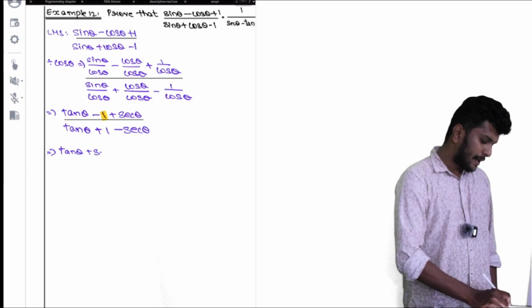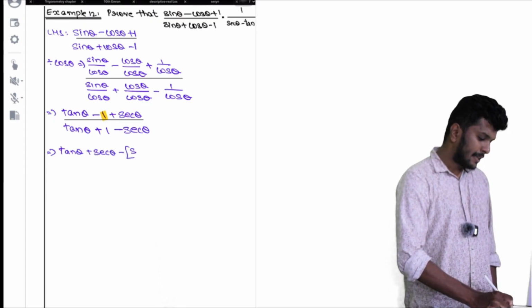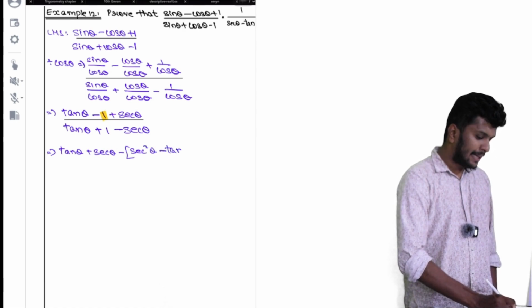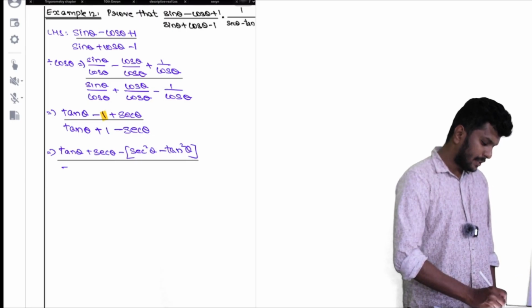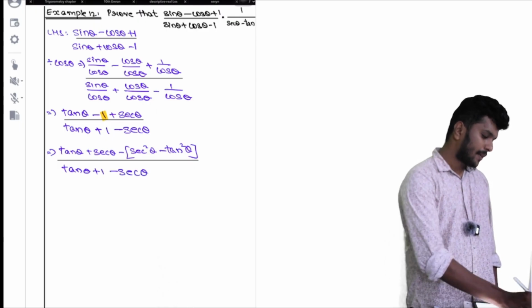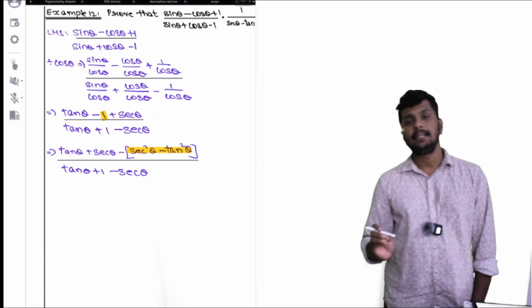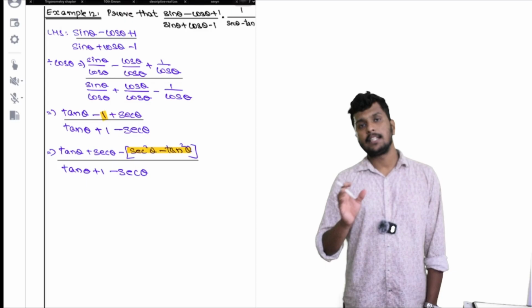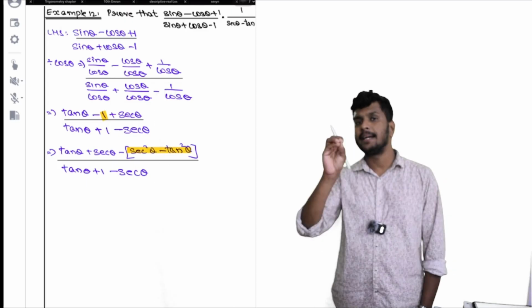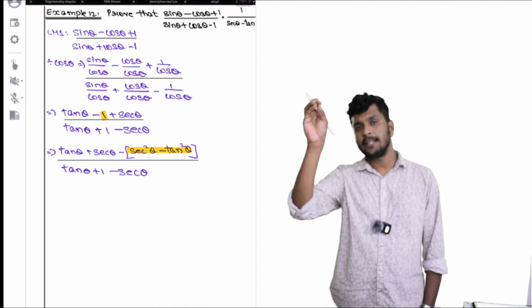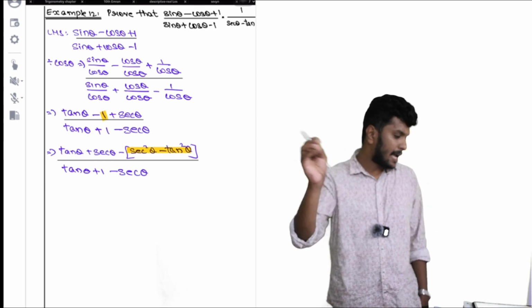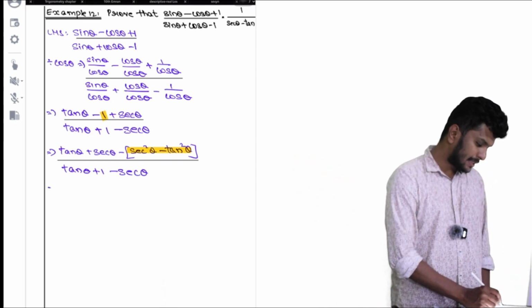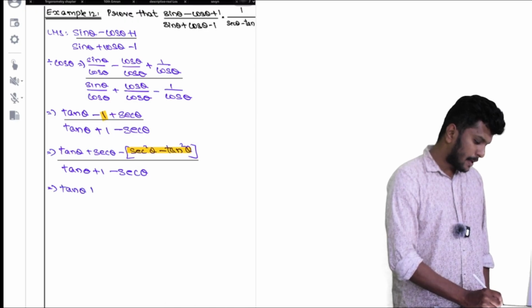Tan theta plus sec theta minus sec square theta minus tan square theta, whole divided by the denominator as it is, tan theta plus 1 minus sec theta. Now listen here, everyone. Sec square theta minus tan square theta is what? It is actually a square minus b square, isn't it? A square minus b square, how can I write? A plus b into a minus b. So that implies, tan theta plus sec theta